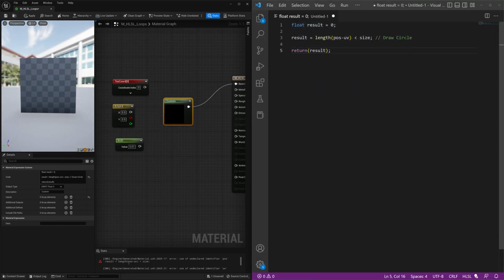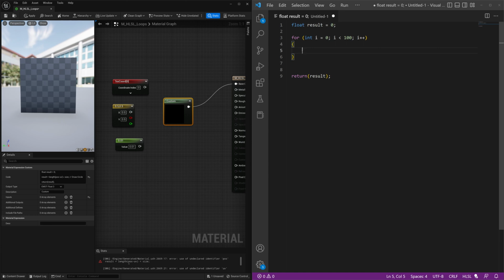And what we're going to do is a for loop in HLSL. This is super easy to do, same as many other programming languages: just for, and then we'll define a variable, which will be an integer. So int i equals 0, and then if i is less than 100, i plus plus. And then we have our